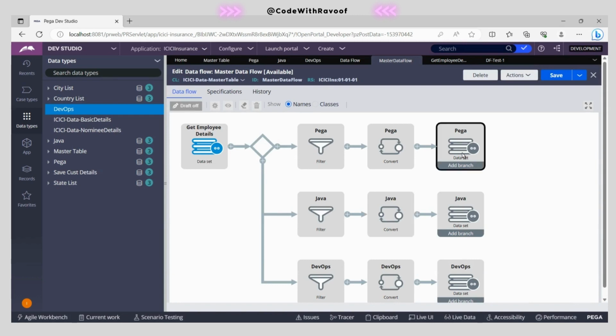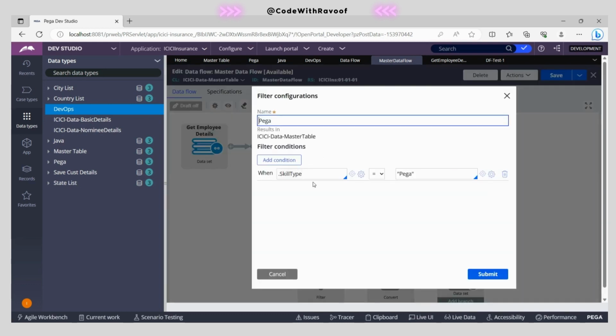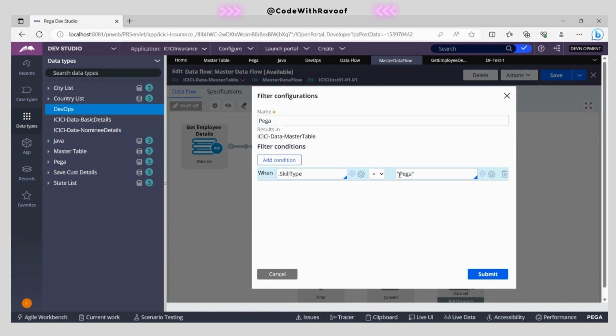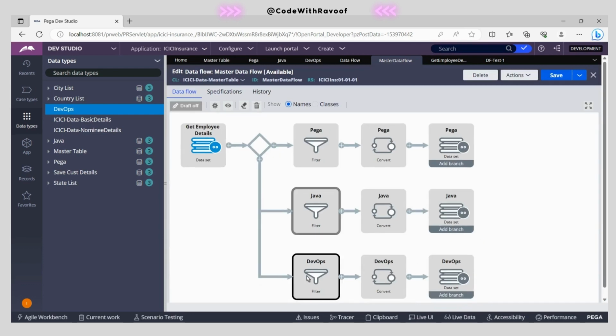We just created 3 data sets into the 3 dedicated destinations, and simply configured the convert smart shape. Before that, obviously we needed segregated results, so we just filtered with respect to the skill type, and that's it. Up to now we will be getting 11,150. Over here we are filtering those with respect to the skill type, with respect to the Pega. And over here we will have the Java,